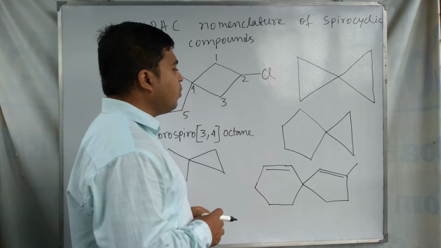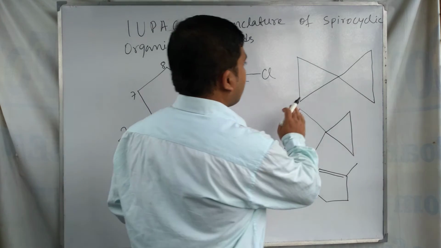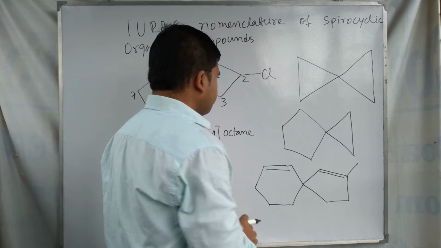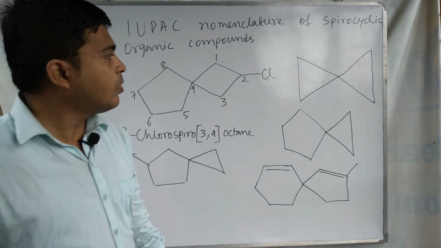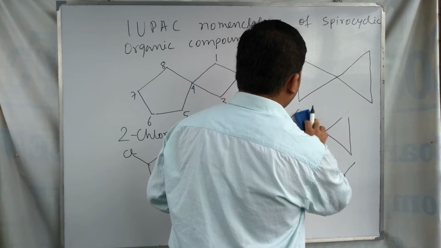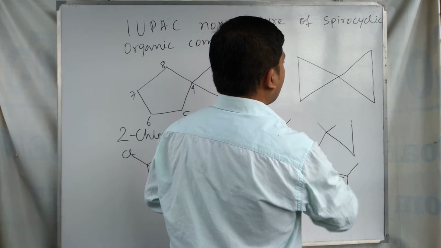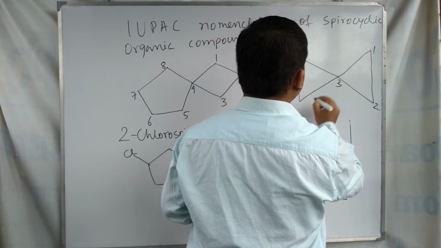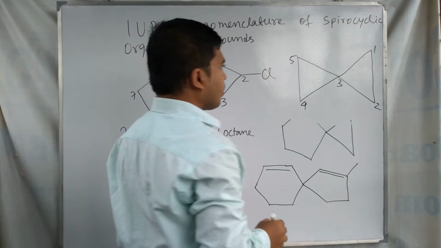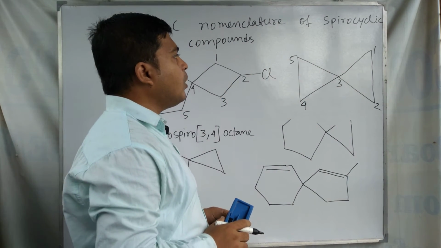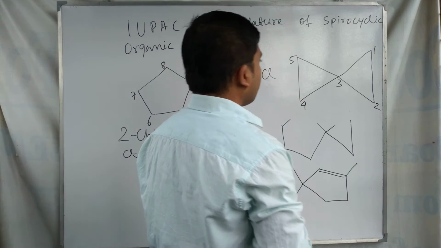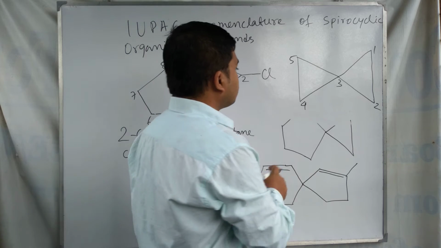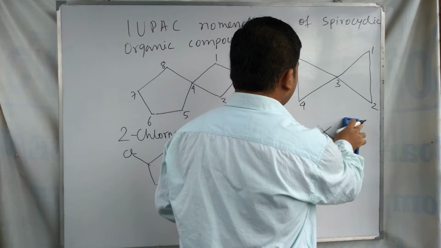Similarly, you can write the IUPAC name of this type of molecules. For this molecule we can write the IUPAC name by counting the numbers as 1 2 3 4 5. The numbering is like 1 2 3 4 and 5. This compound has no substituent present, so therefore we name this compound as